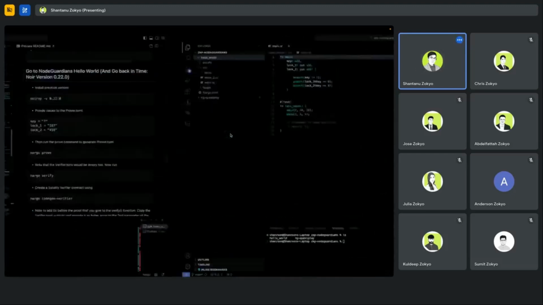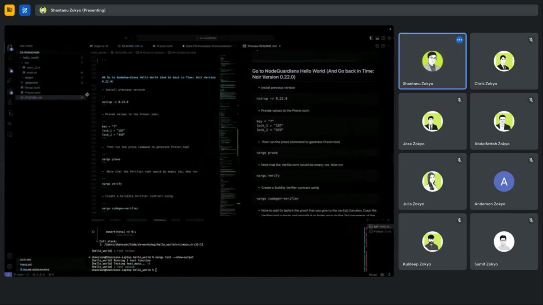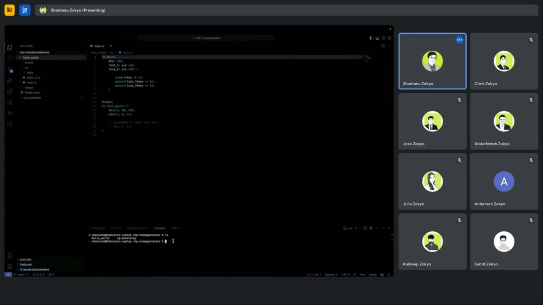Here, basically this actually uses an old version of Noir. So we need a 0.22 version here. So I will be using this version here. It will download this previous version. Yeah, it has been downloaded. We will go to the hello world,